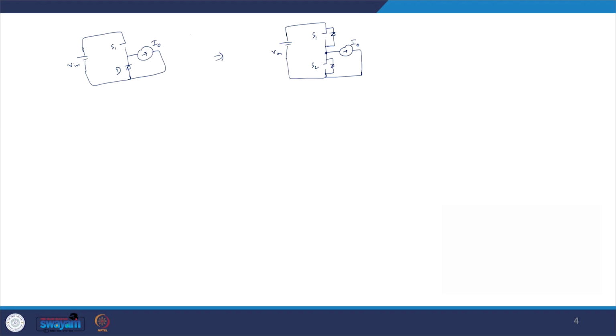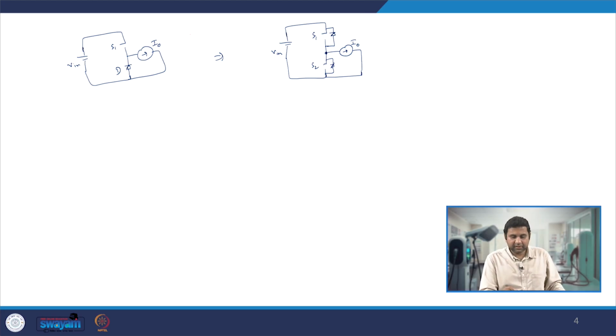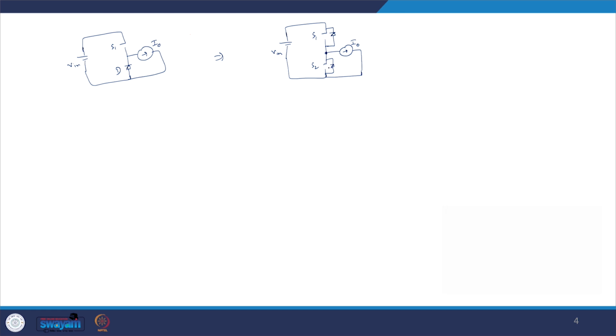Now to go ahead with this, till now we have been discussing converters like this, where we have a switch S1 and D connected in this fashion, and it is supplying the I naught current. In a more generalized manner, we can define this as two switches. Let's say these two switches are realized using MOSFET, then they have body diodes. If they are realized using IGBT, then they have freewheeling diodes. This particular structure is the fundamental building block of any voltage source converter, with the inductor connected at the pole. So it's a fundamental building block of any power electronic converter.